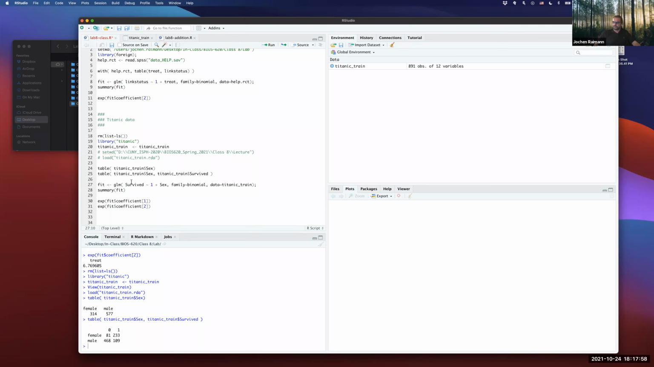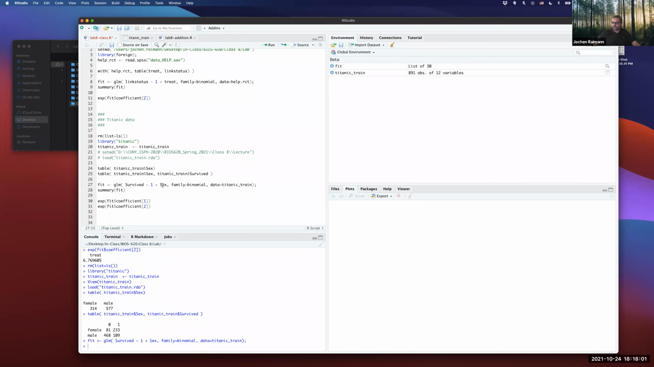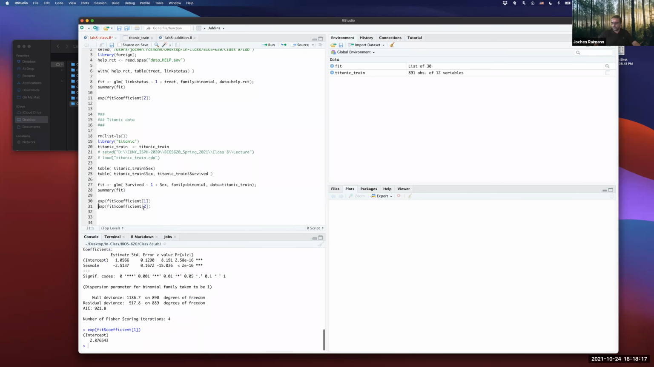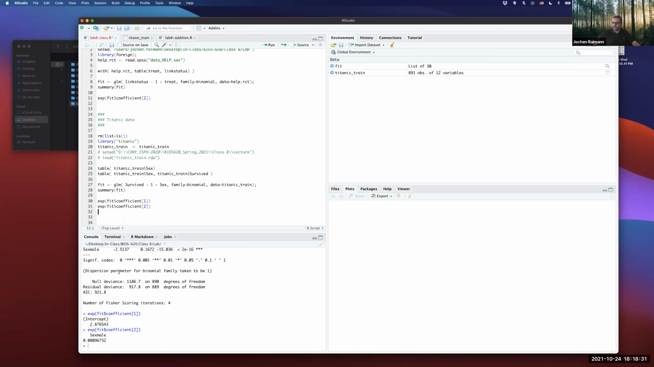Okay, so we have fit GLM, survived as a function of sex. Family is binomial, just like we've seen it up there. Data is the Titanic. And we see now the summary of the fit. We see our suspicion confirmed, significantly confirmed. We see here the intercept, which is the overall odds of survival. And we have here the sex male, which essentially is when you were male, you had